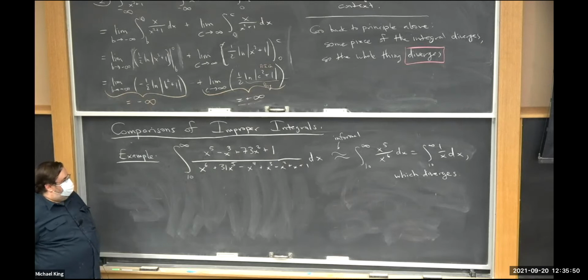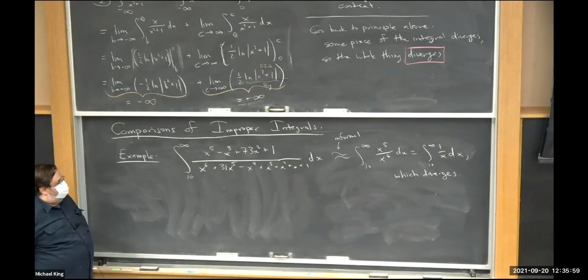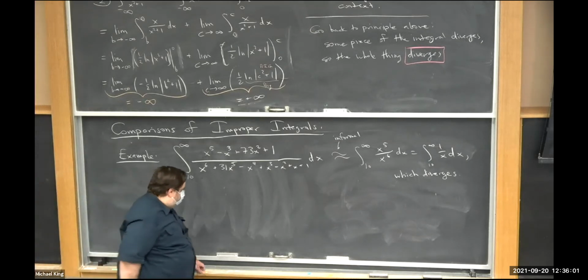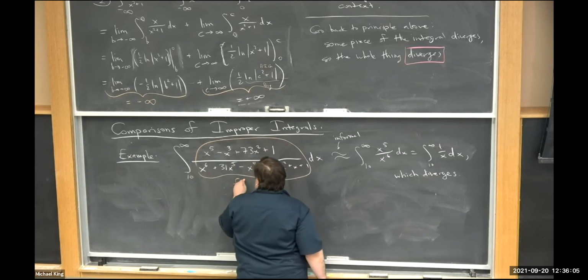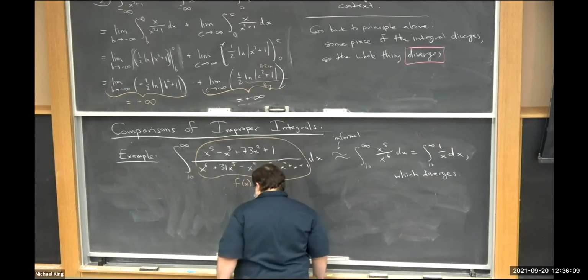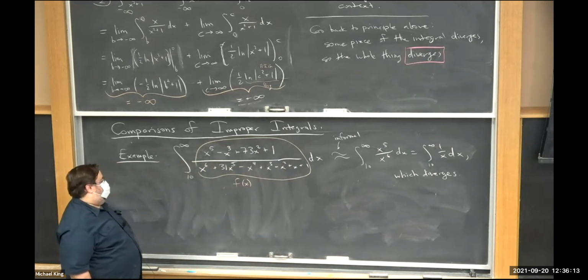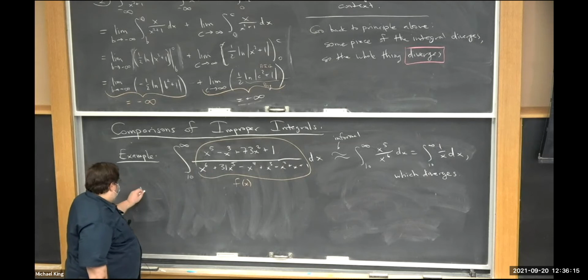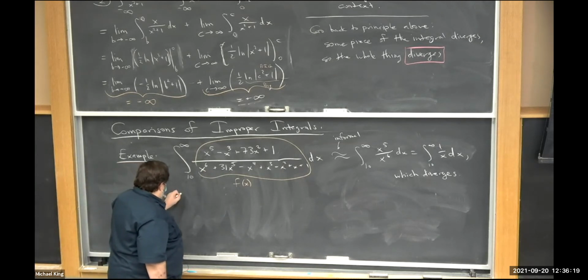In fact, I probably wouldn't ask you to do something like this, the formal approach, because it would be sort of unpleasant. But I guess if we call this f of x, the more formal approach would be that, and again, you'd have to believe it or not believe it. More formally,